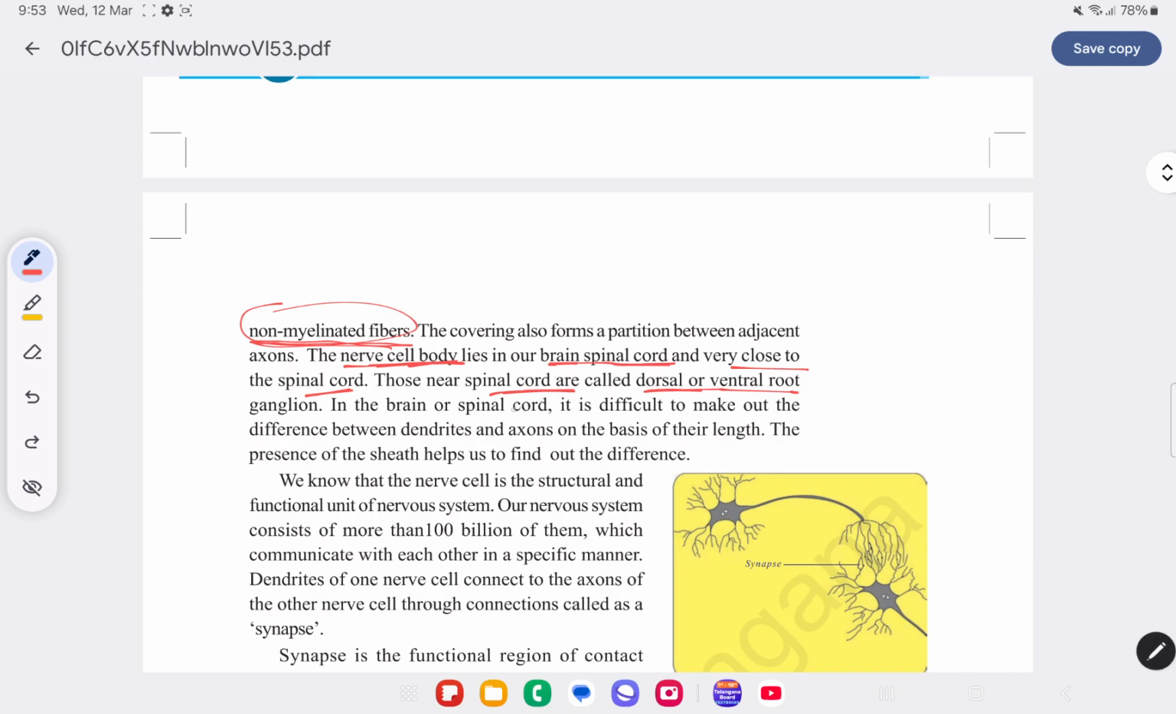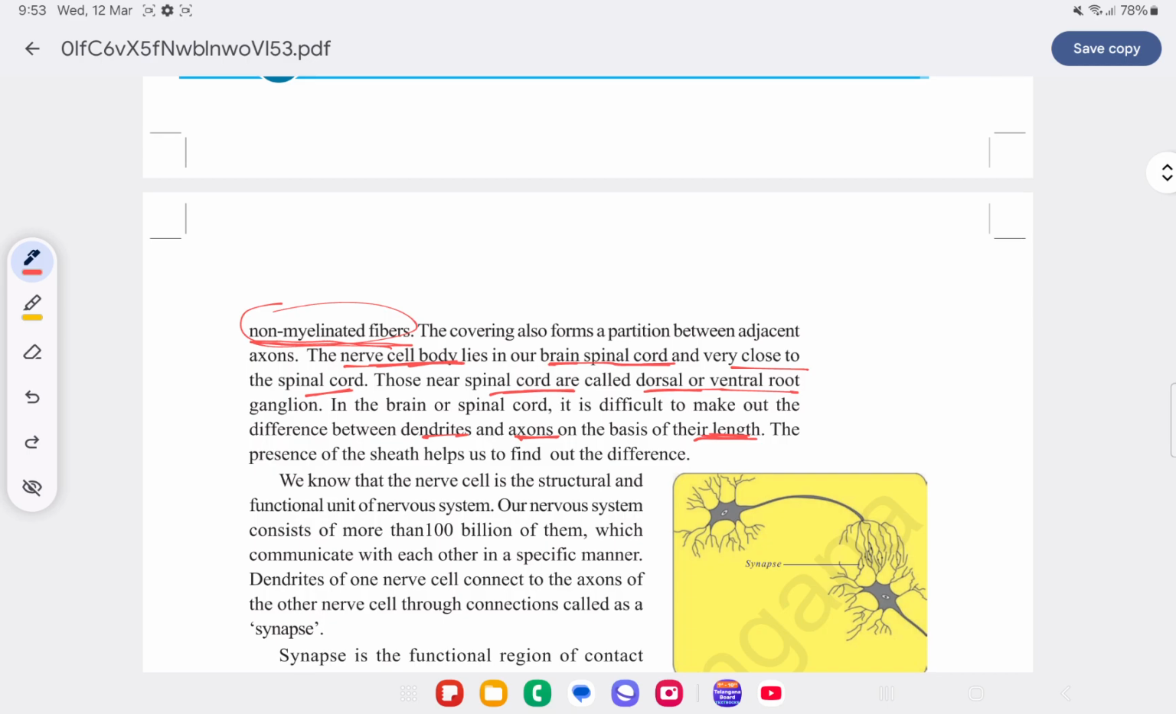Then in brain or spinal cord, it is difficult to make out the difference between dendrites and axon on the basis of their length. See, just now we said cell body will have the two outlets, projections. Some projections are called as dendrites, some of them are called as axon. So they are present in the brain as well as spinal cord. But just by looking into that, we cannot say that which is axon and which is